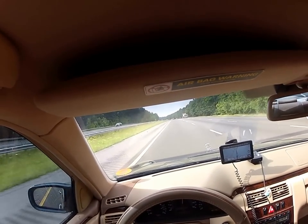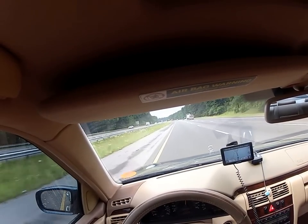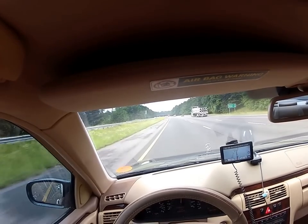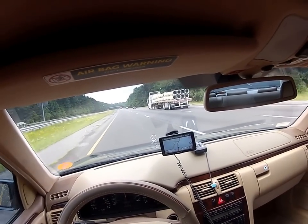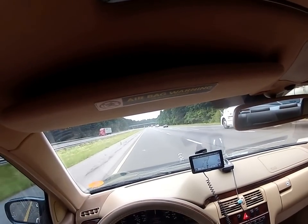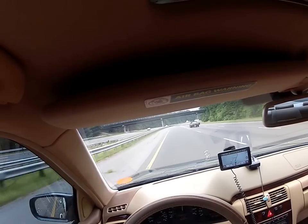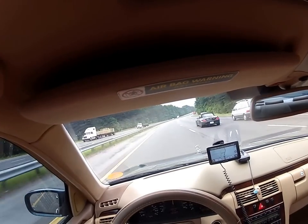I bought some new tires. It had some old Michelins on it, which were starting to dry rot a little bit, so I bought some new Kumho Ecsta. They're a decent tire. As you can see, we're cruising about 82 miles an hour, and the car doesn't vibrate or anything like that, but it kind of rides rough across large bumps. So they're a cheap tire. They were like $500, but they do good in